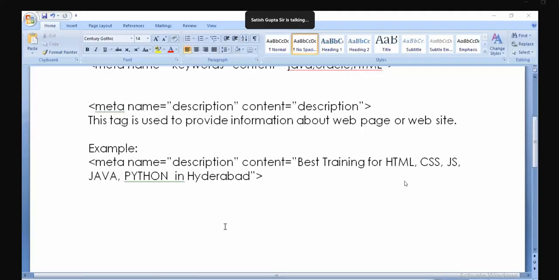See, what is the difference between the description and keyword? Okay, description is different than which one? Keyword. Suppose, for example, assume that I say tell me about narrative, which means you will write so much description. Tell me about